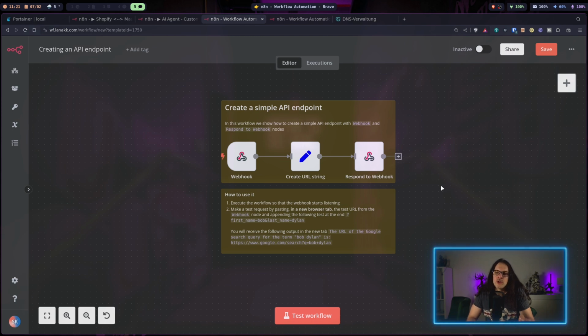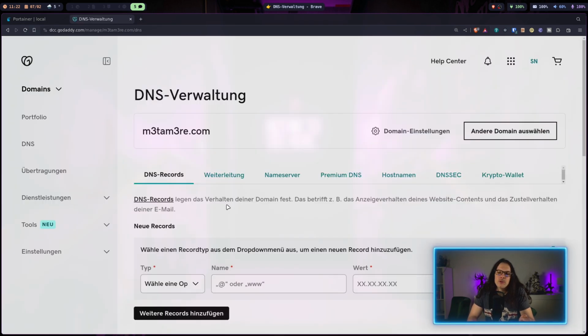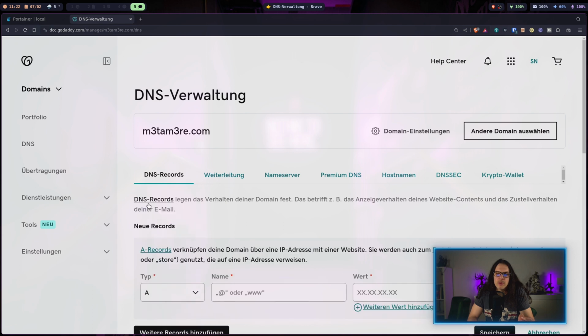First of all, I will show you how to install n8n with Portainer. If you don't know what Portainer is or haven't installed it, please check out my last video where I go over the installation of a cloud server, Caddy as a reverse proxy, Docker, and Portainer on top of it to manage Docker containers. The first thing I want to do is set up a subdomain for the n8n service in order to call it later over the browser. So I go into my domain host, which is GoDaddy in this case, and create an A record